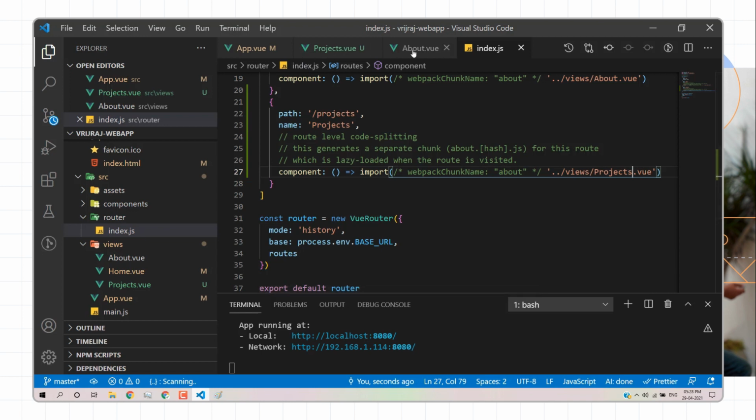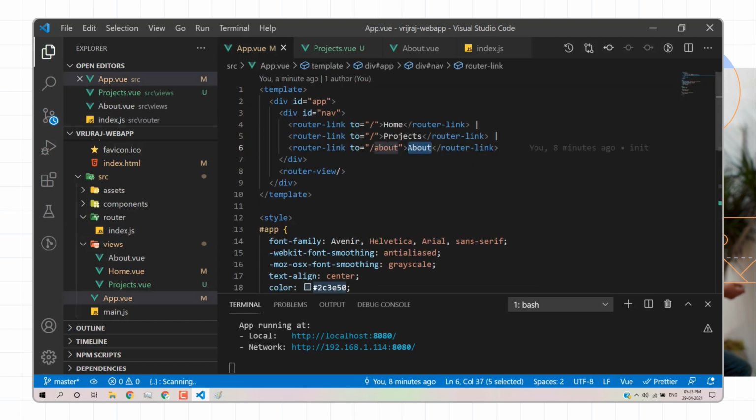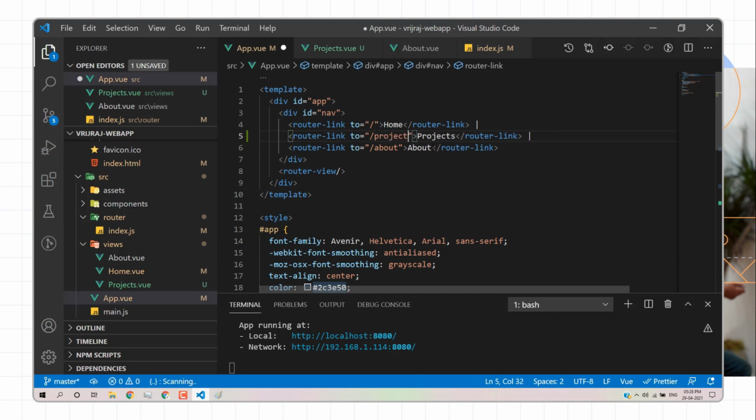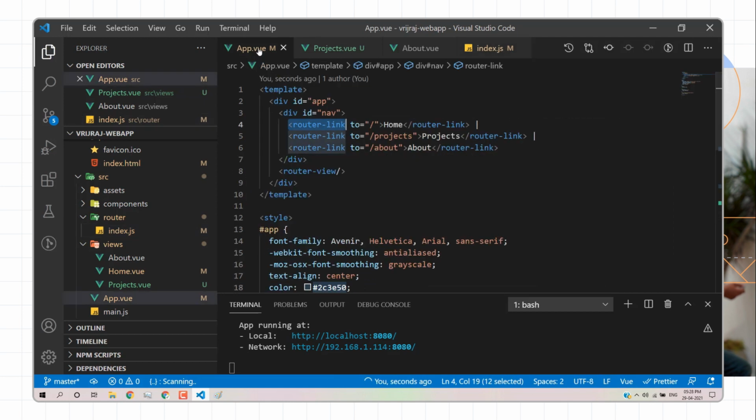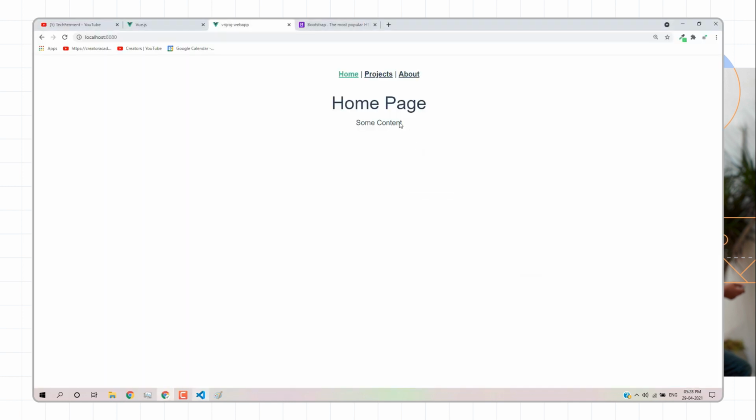and then I'll go to the app.view file. So we have app.view file. So here we will need to mention projects. Okay, so when I click on this particular button, this is not an anchor tag. So we have a router link. So with the help of router link as a tag, you can navigate to a different route. Okay, and you have to use to as an attribute. Okay, save and then reload. So I can go to the project page, about page, home page.